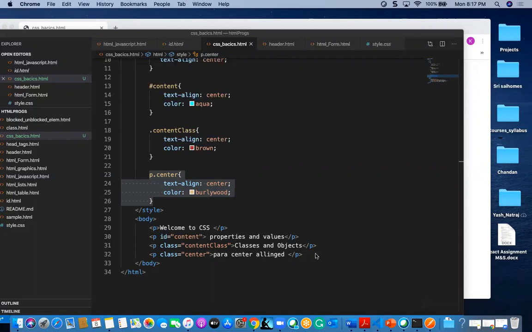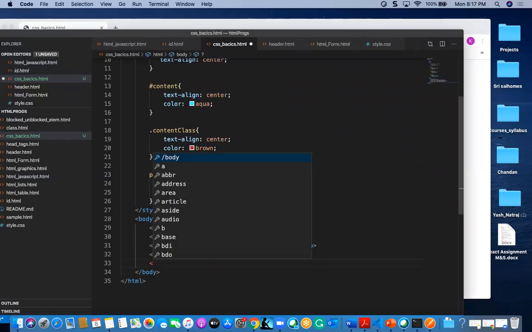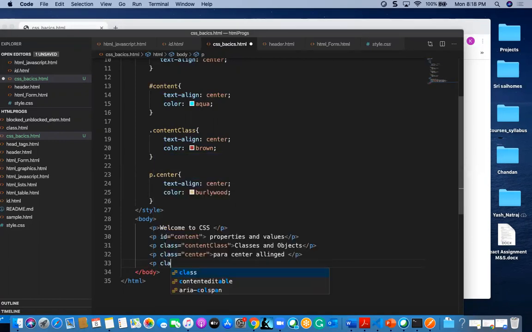P I am going to give here. We can give a gap in between the class names, whatever the strings we have. For example, I have here class, and I am going to give here some center, and I am giving some large. So this paragraph is large and center aligned.